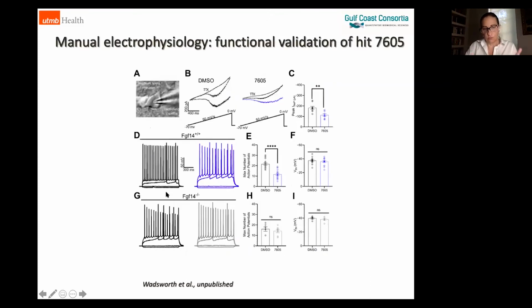Of course, before I go to the next slide, I just want to mention that obviously we did ex vivo electrophysiology. This is an important step that we do. We actually do it in an order which is a little different from what I depicted earlier. We do it side by side with the manual patch in HEK293 cells. We want to make sure that we pursue a hit that is functionally relevant in ex vivo slice preparation. So here we're looking at nucleus accumbens slices in medium spiny neuron whole cell patch,